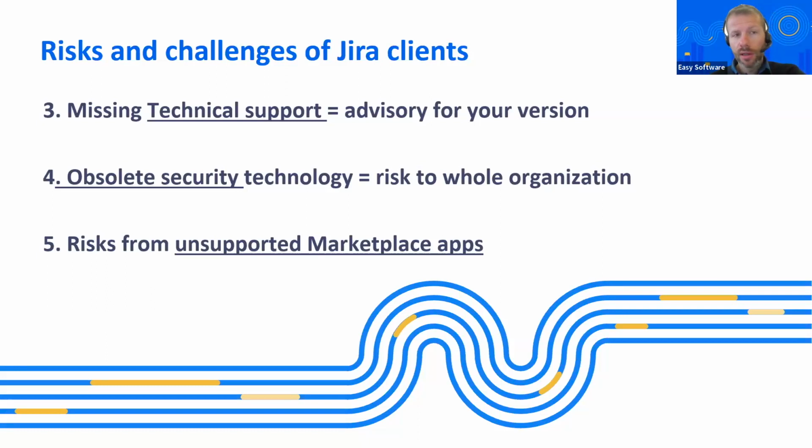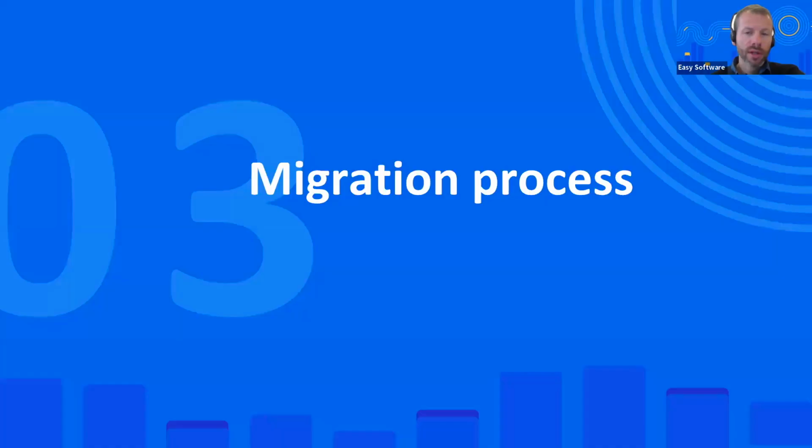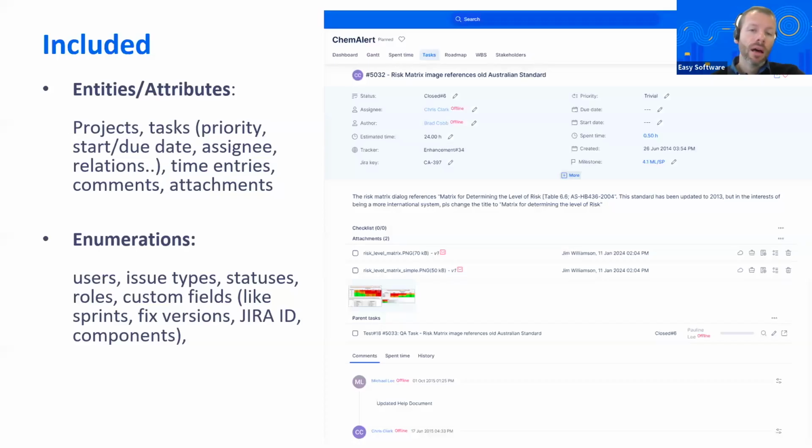So that's just a small summary, because the 14th of February is basically the date when Atlassian is ending, let's say, support for the server clients. And as said, we do have an alternative. So if you decide to go for the migration from your Jira software to Easy Redmine, we do have a platform which is installed inside Easy Redmine, where you can relatively easily,